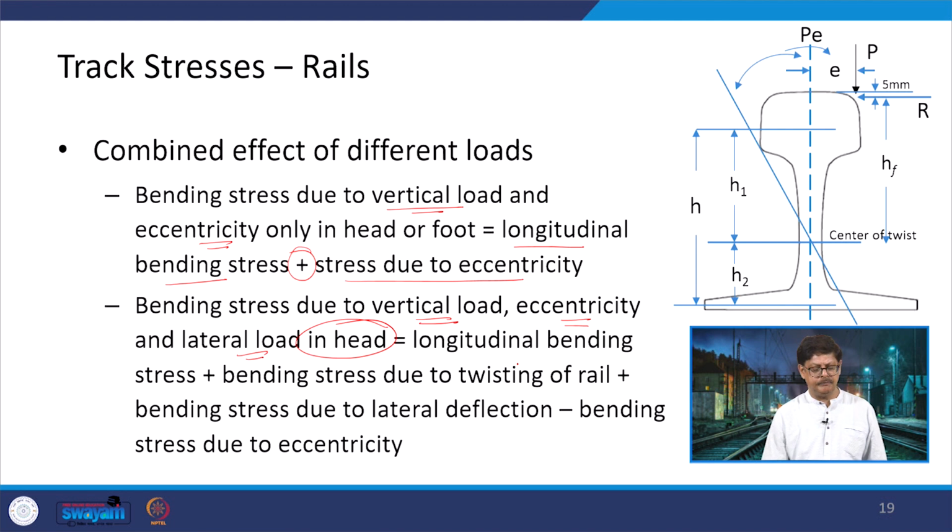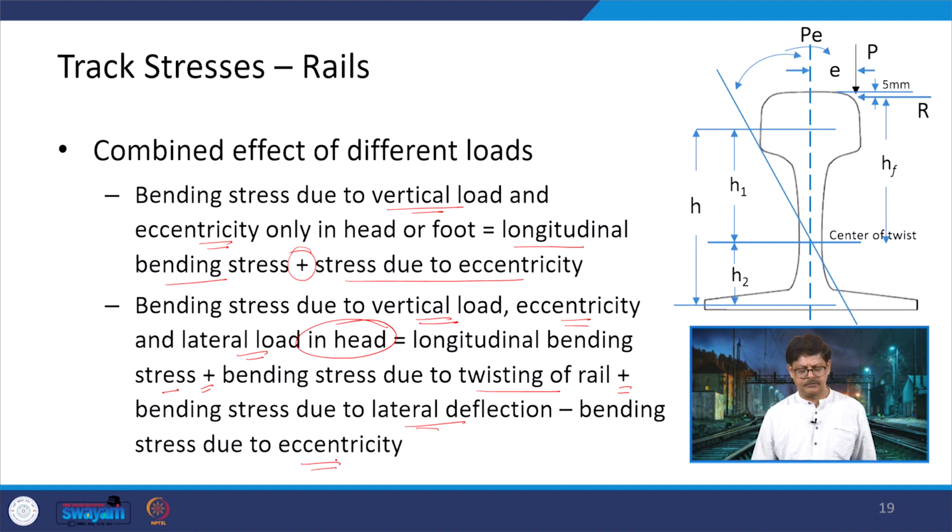So, we have longitudinal bending stress plus bending stress due to twisting of rail plus bending stress due to lateral deflection minus bending stress due to eccentricity, with respect to the directions, or you can say the compressive or the tensile condition which is being created by that particular type of load environment. This is what has to be taken. So, here bending stress, longitudinal, twisting and due to lateral deflection they are being added, and due to eccentricity is